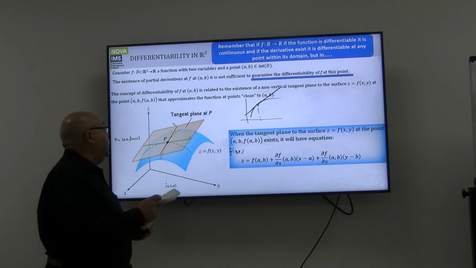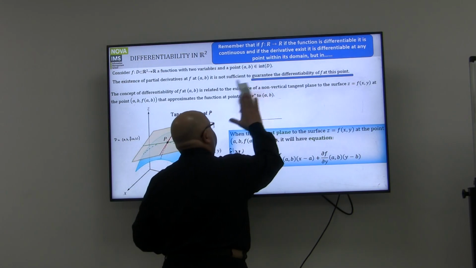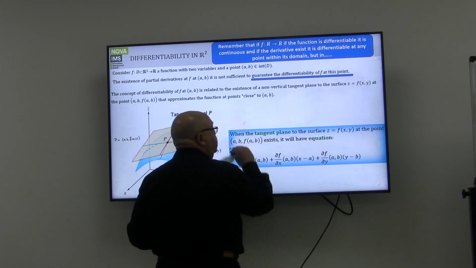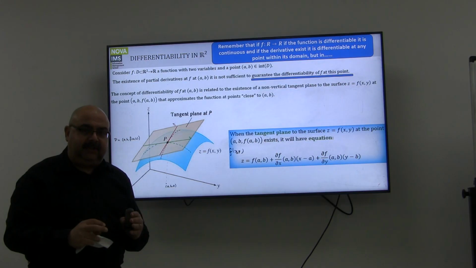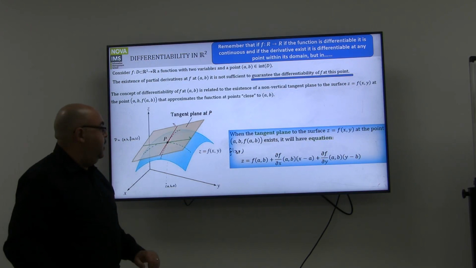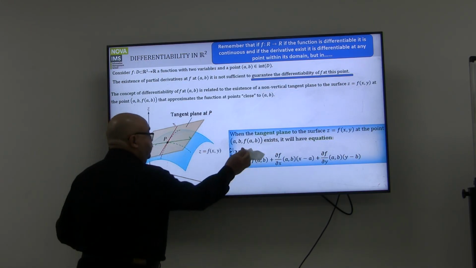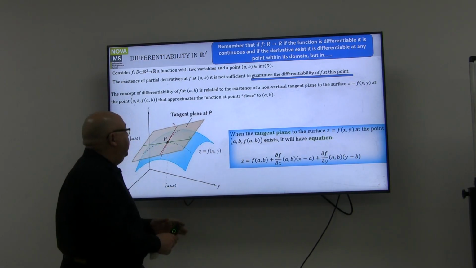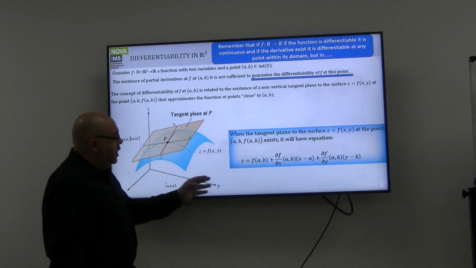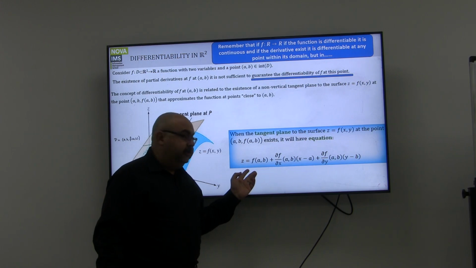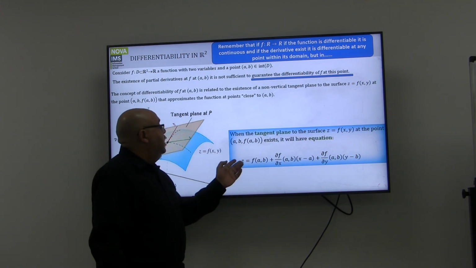As you remark, I'm talking about this slide and also explaining the coming slides because the ideas are really connected to each other. So just wait with me. At the time being, I want you to focus that if I want to find a tangent plane at a certain point, this is going to be the equation that I'm going to use, which simply states that the plane